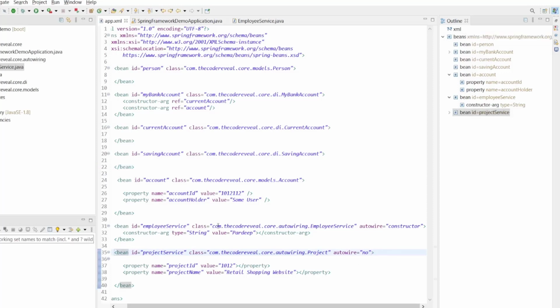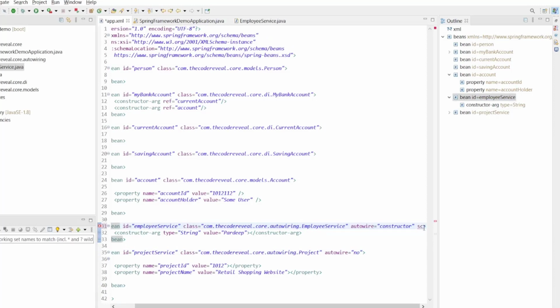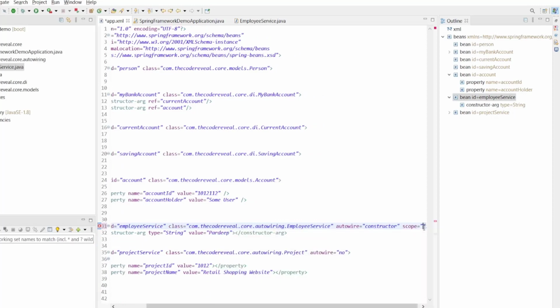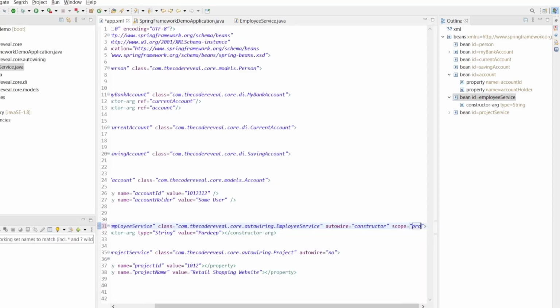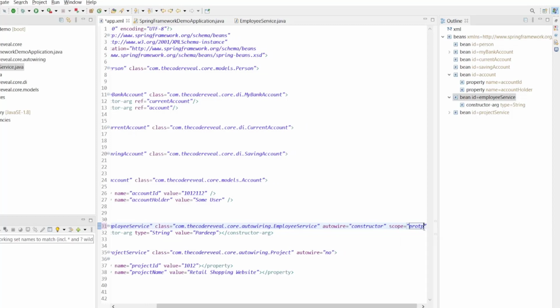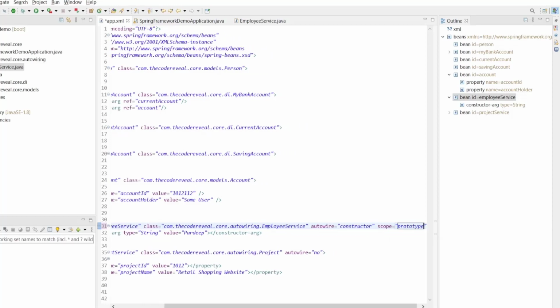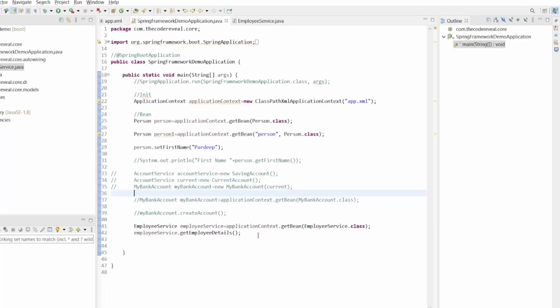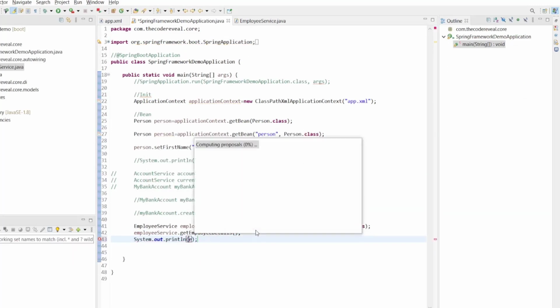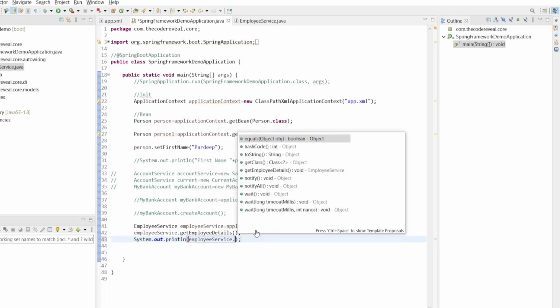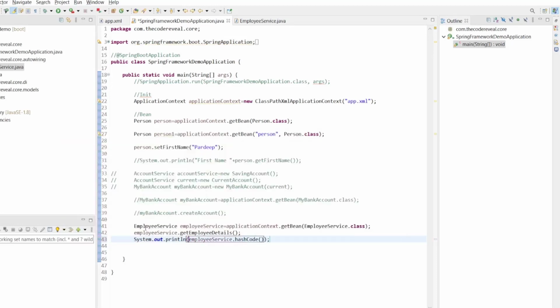So that is the bean scope we can add in the bean definition. For example, here in the employee service, if we add a scope here, prototype, let's go to our main application. Now here we'll print employee service dot hash code.